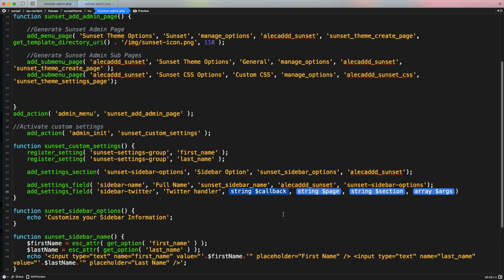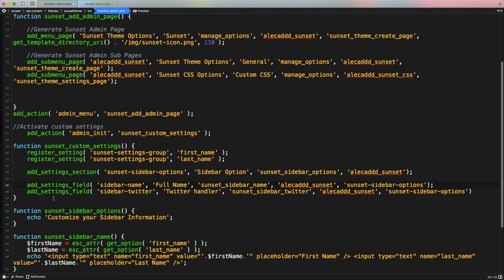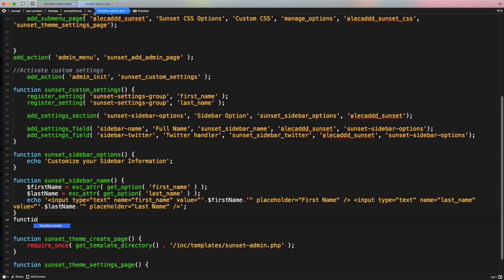The callback, I want to use another callback to call another function and handle the printing of my custom fields, my custom inputs. So I want to use the sunset sidebar Twitter. The page has to be exactly the same page as it was before, and the option group, the section group, has to be exactly the same as the previous one, and we don't need to pass any arguments in here. Let's copy these, semicolon, and now we can create another function with the same name that we decided here,